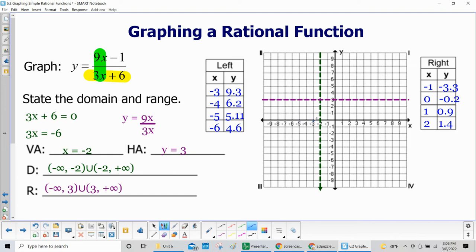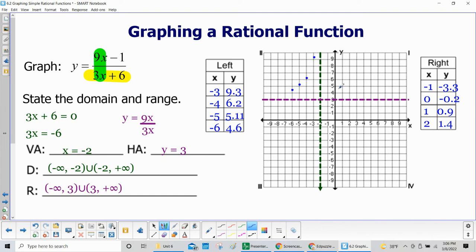So I have -3, -9.3, so I'm like way up here. -4, and I'm at 6.2, so I'm like here. -5, and I'm at 5.1, so I'm like there. -6, 4.6. So we can kind of see the more points you put in there, the more you can see the curve